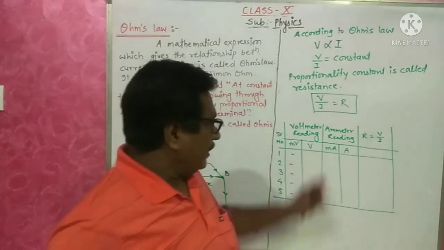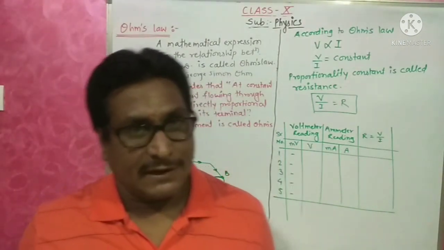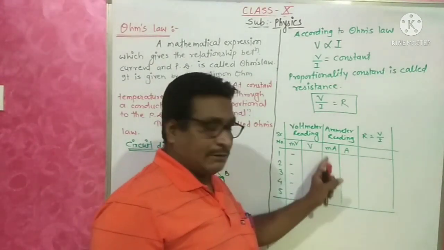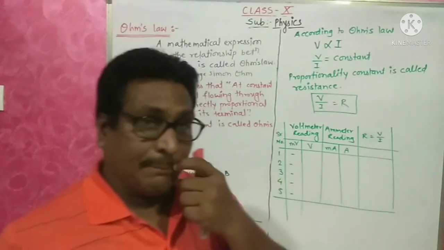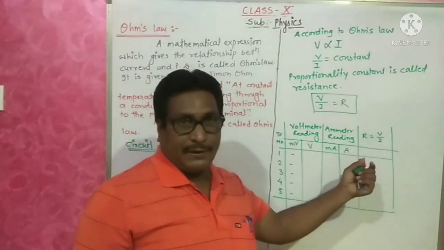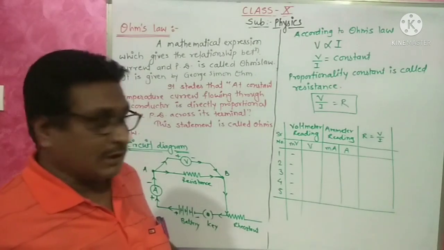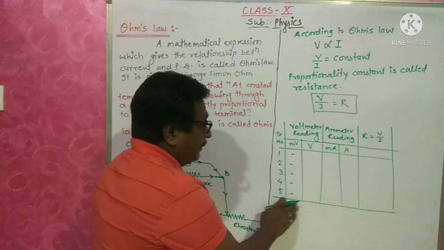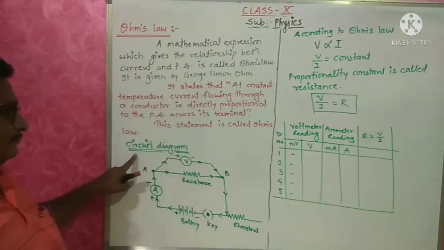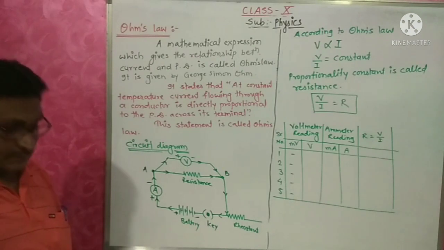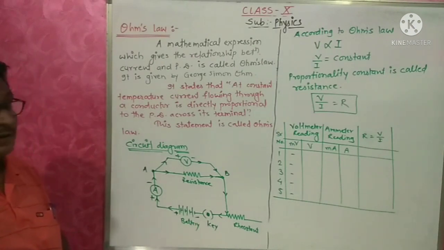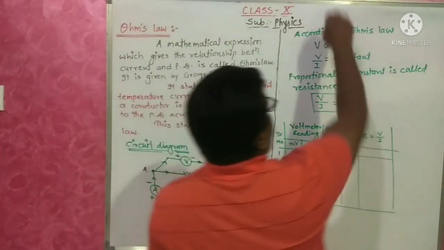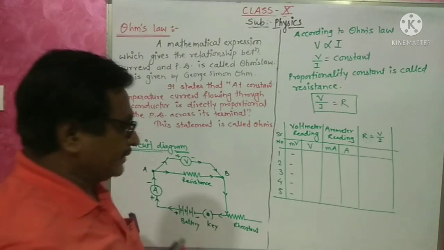And in the lab, milliammeter is also there, ammeter also there. If milliammeter is given, then after taking the readings, convert milliampere into ampere. How to do that conversion, I gave, so according to that you have to convert it. Before that, while taking the voltmeter and ammeter readings, the most important thing is the least count of voltmeter and ammeter. So how to find the least count of voltmeter and ammeter?